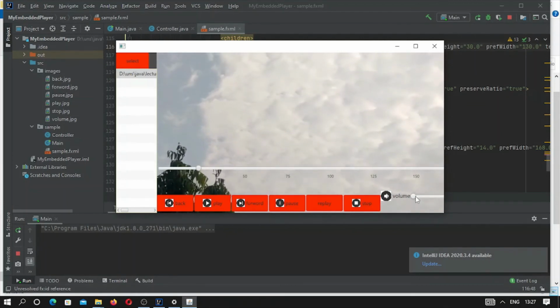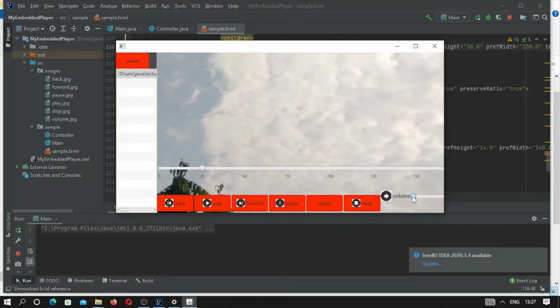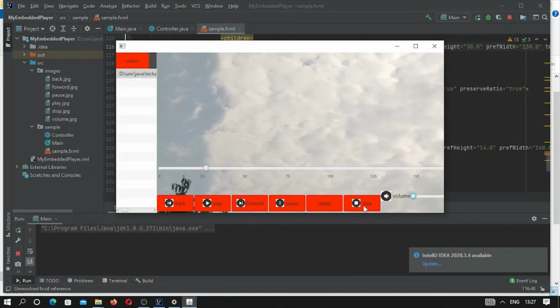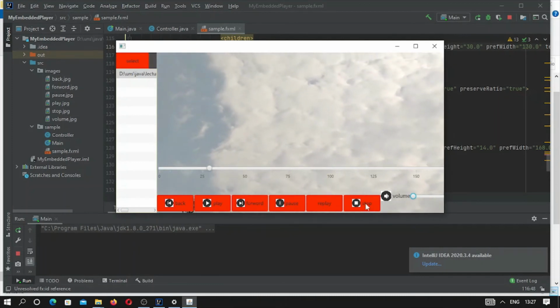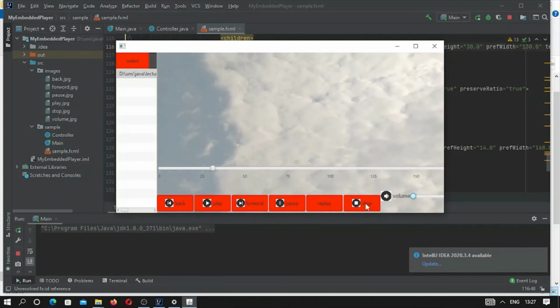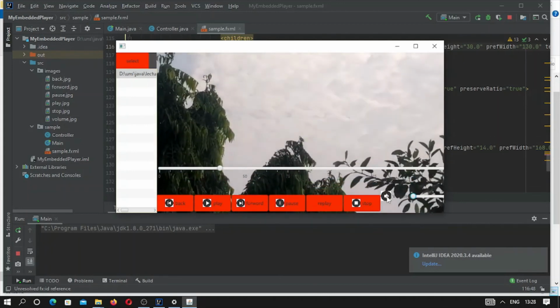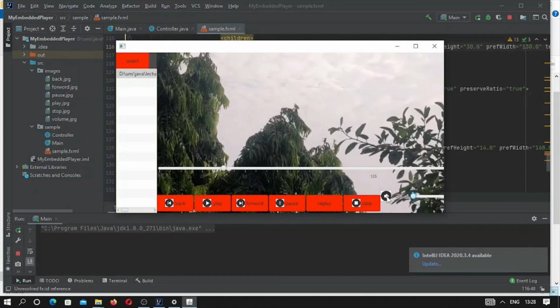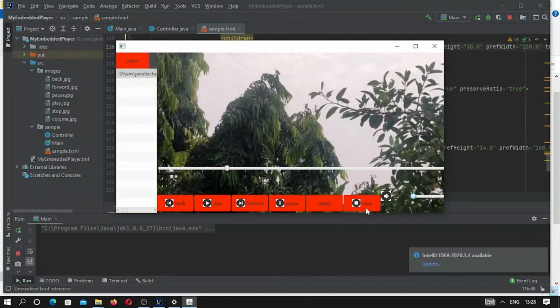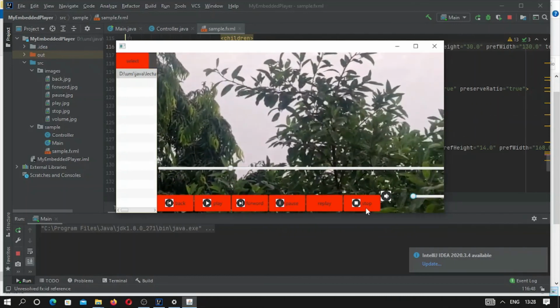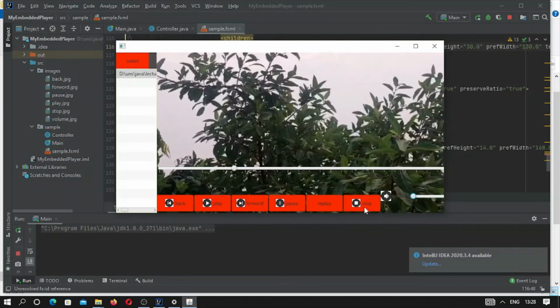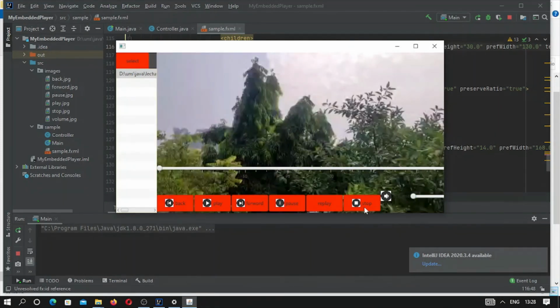Okay, volume functionality. This is the beauty of it. Now let's stop this, and we have to make this volume level coding, as sometimes we want to mute the volume, so we have to make arrangement for that. So let's stop it.